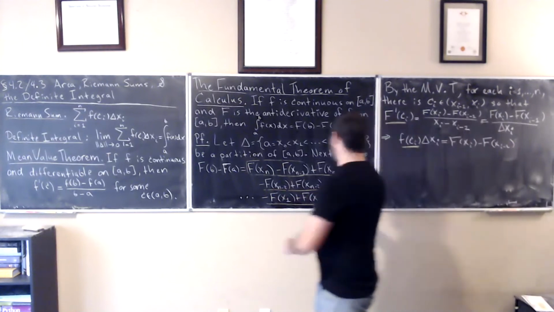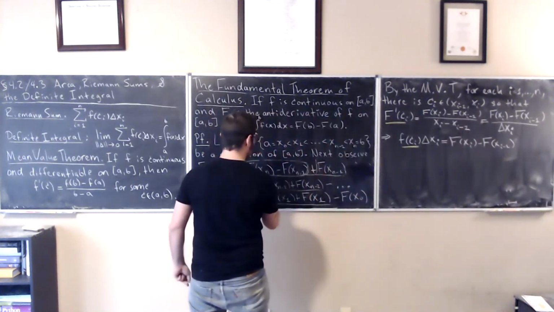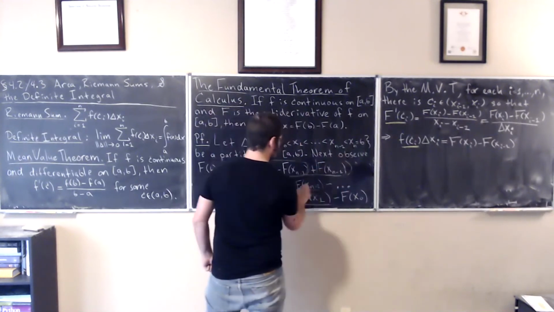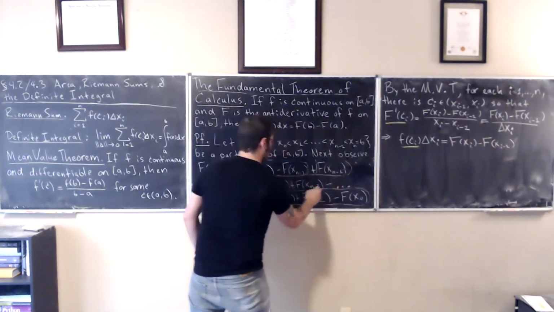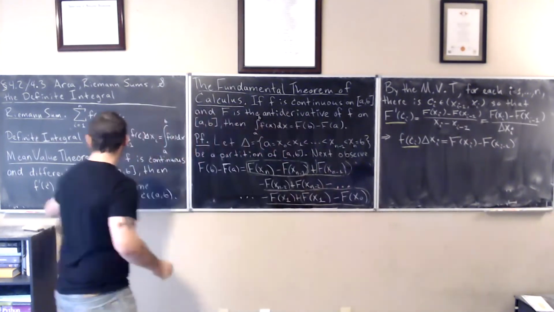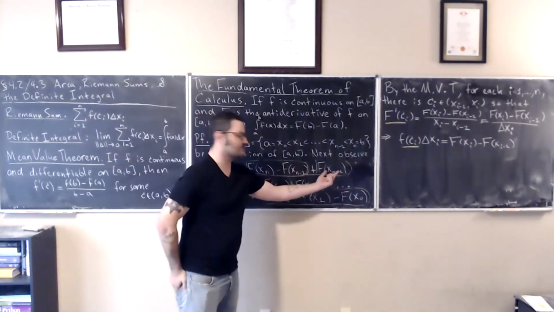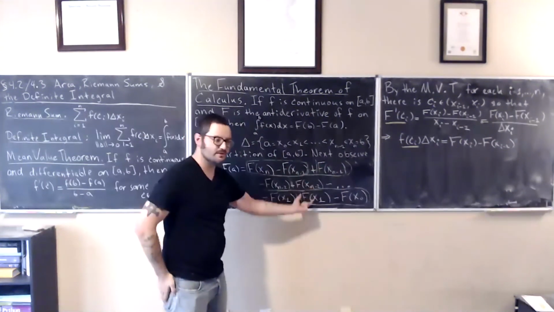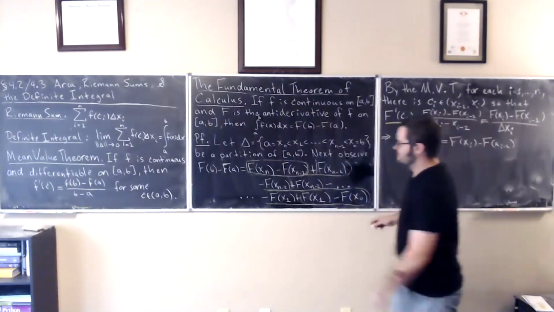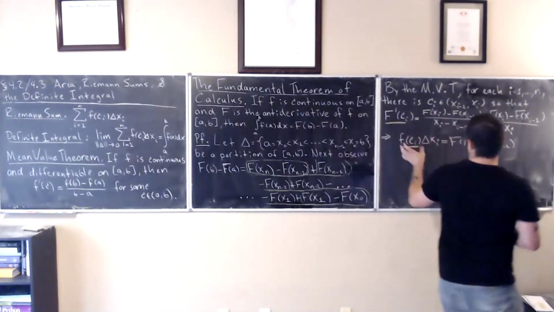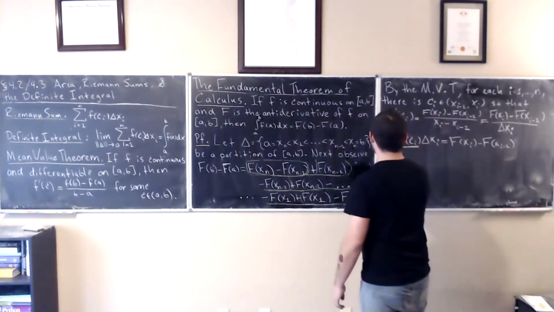You can pair all of these together, like these are paired together, that's paired with this one, this one's paired with the next one, and then at the very end, that's paired with that. So this sum is equal to the differences there, plus the differences there, plus the differences there, all the way through. Which means that, and this holds for each of those i's in this difference, which means that